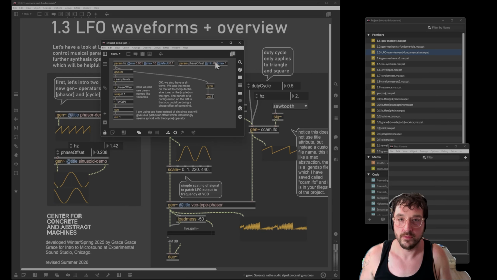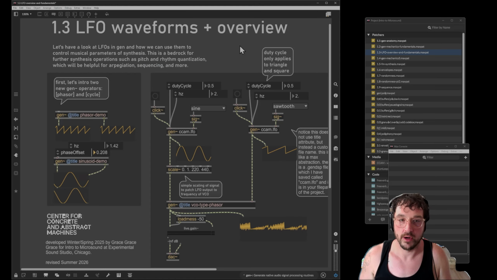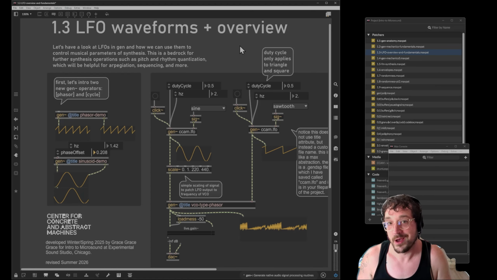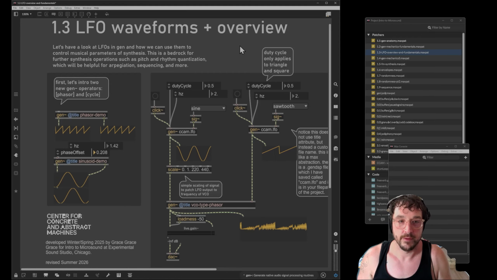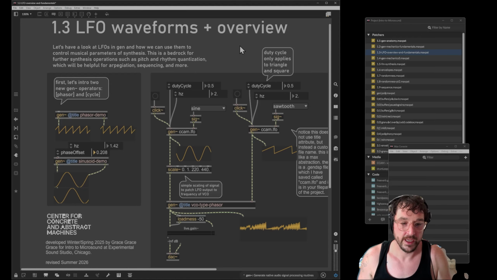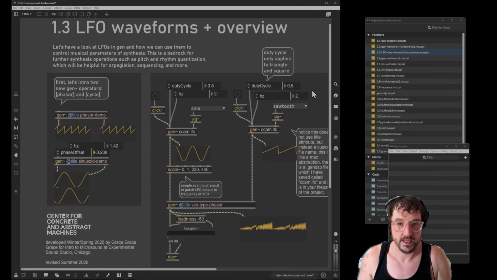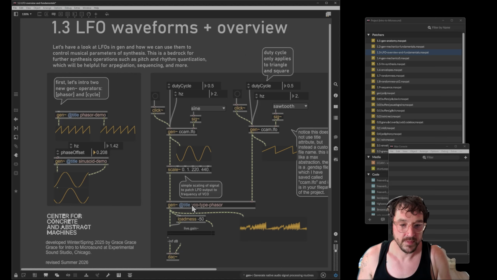Again, we're talking about low frequency oscillators. For folks who are already familiar with the bedrocks of audio synthesis, we know that these waveforms are also really useful in audible frequency ranges, which we are going to start to look at right now. Like we see down here, as we turn our attention to the right part of this patch, there's a gen